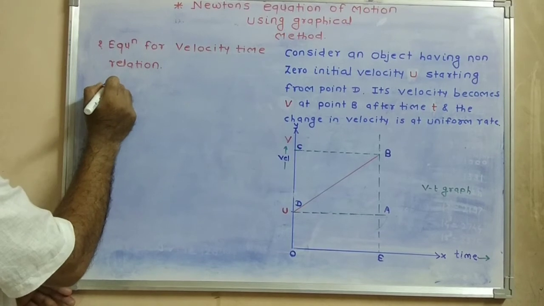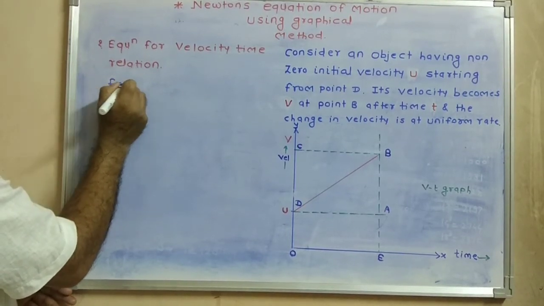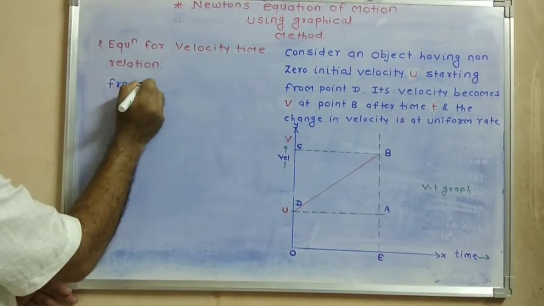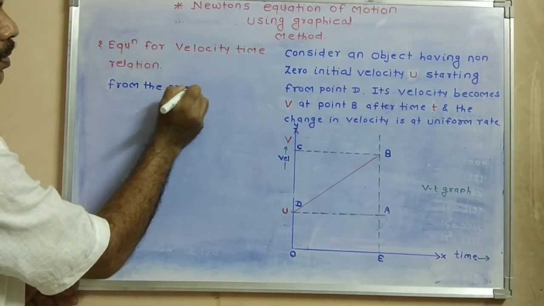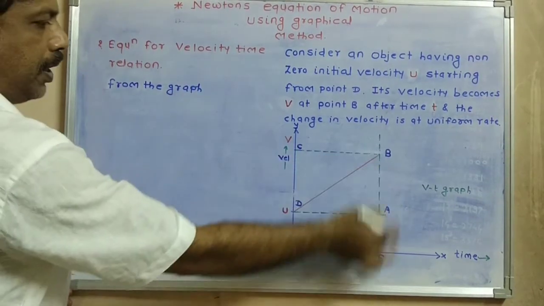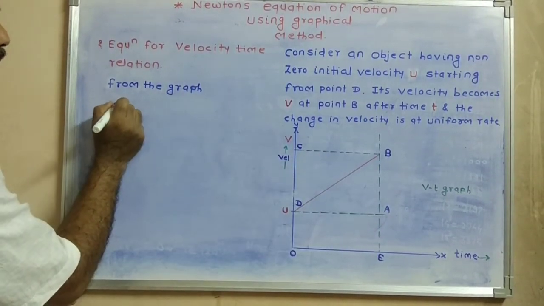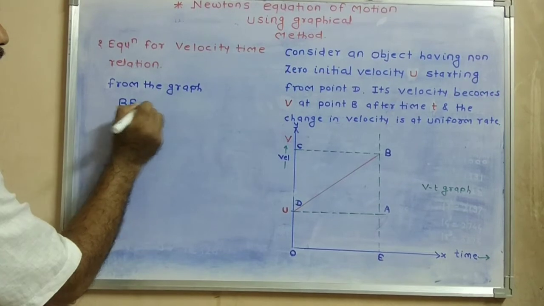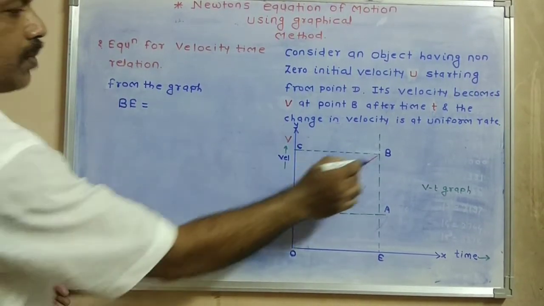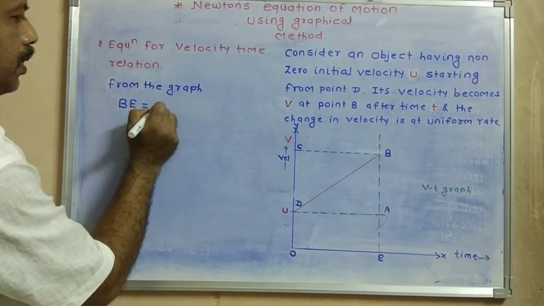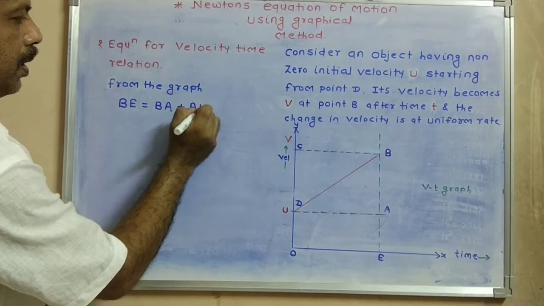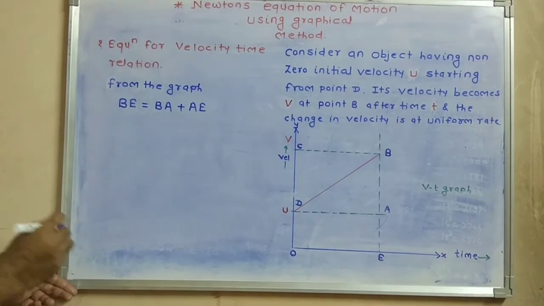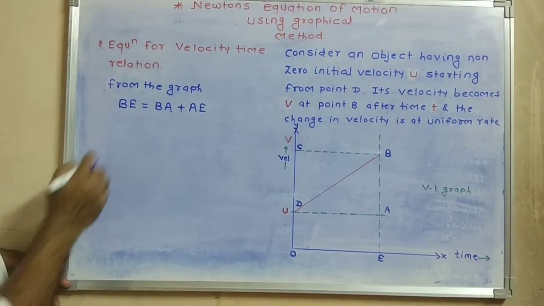Now we have from the graph BE is equal to BA plus AE. Since